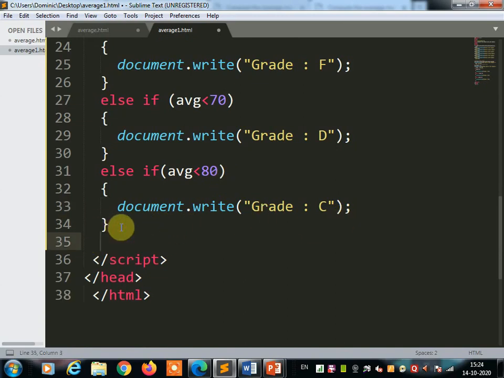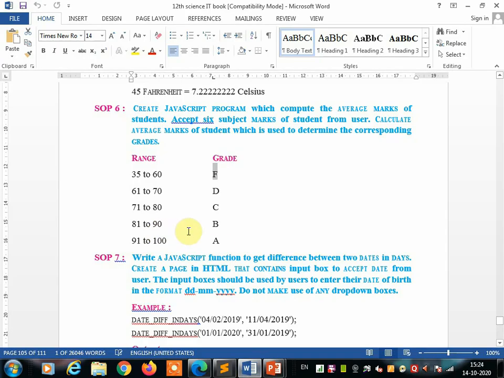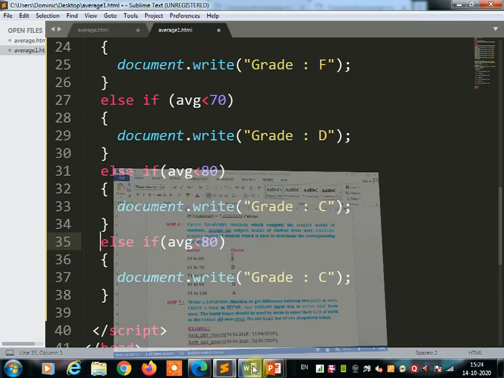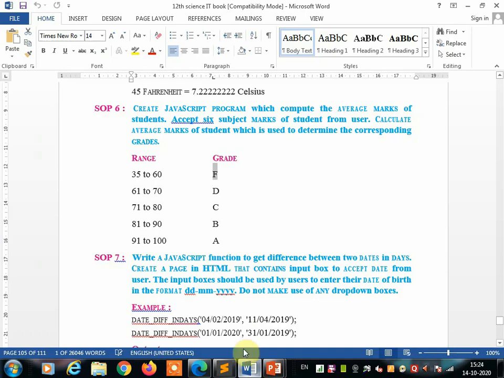So we are going to write the next statement, that is for B grade. If the student average is between 81 to 90, then B grade, so less than 90. And the final grade is A grade.